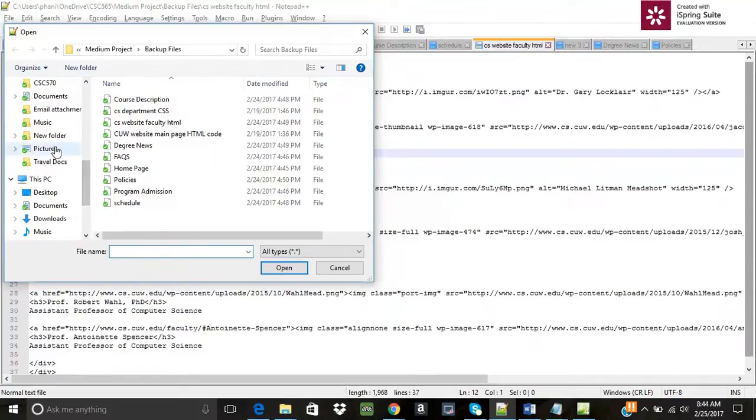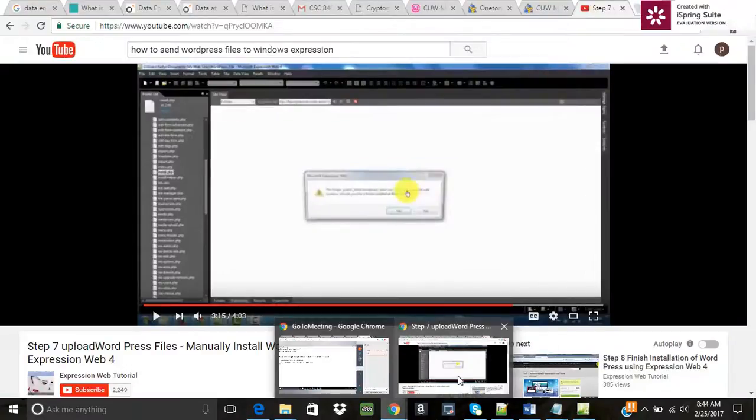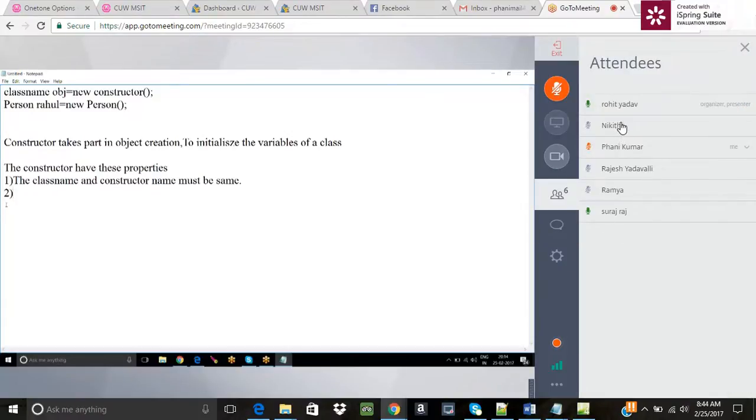Now, what is a method? How many properties are there for a method? Two properties. What are the two properties? It depends upon the return type and parameters. Right. But constructor is slightly different. It does not depend on return type. A method has both return type and parameters, whereas for the constructor,